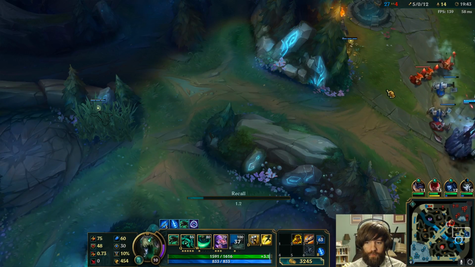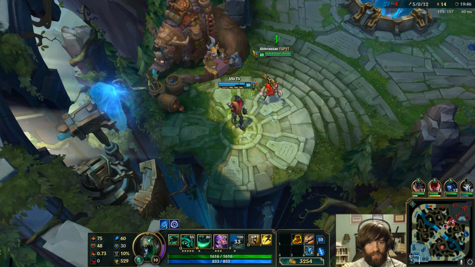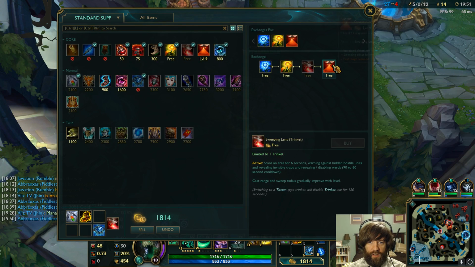I legit think that my team is playing better. Like they're making better decisions than most of the Platinum people that I see. Okay, so we'll go with that. And then...